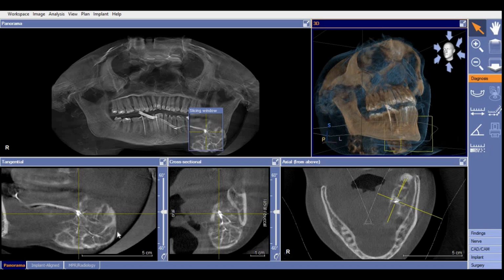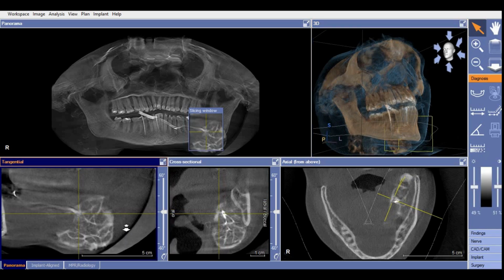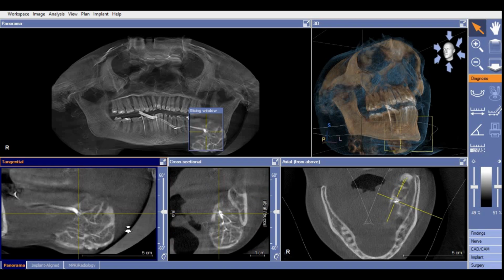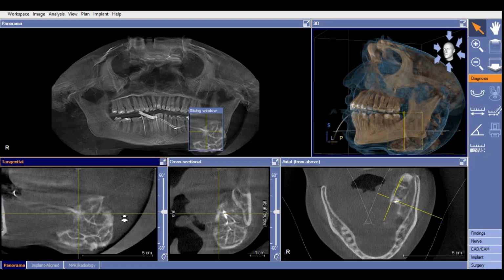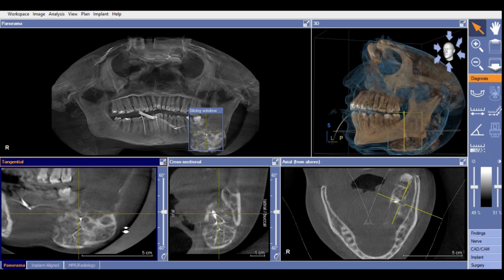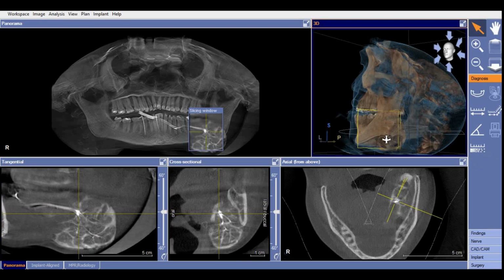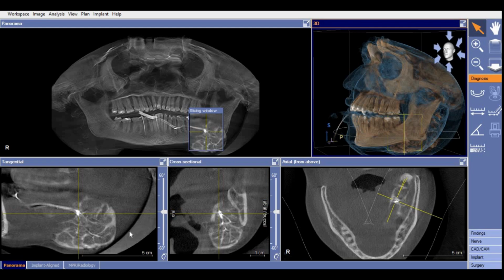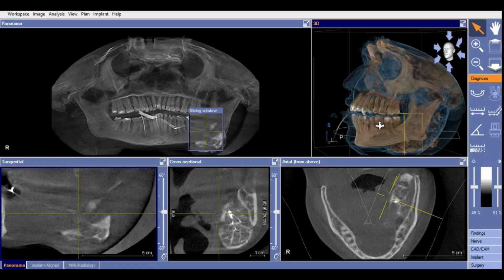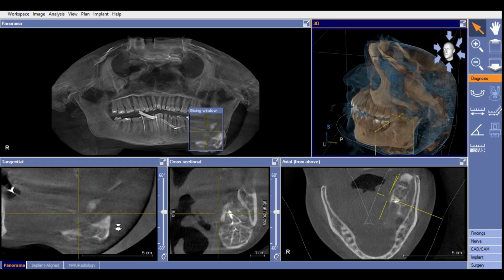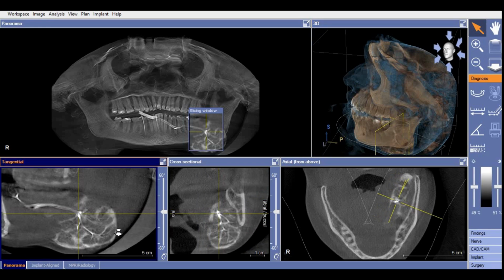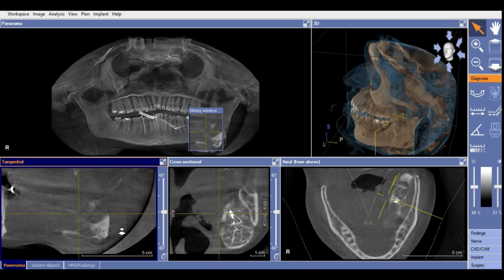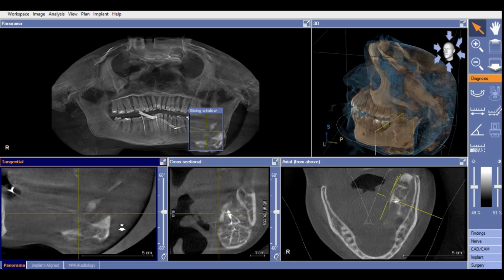First let's finish the tangential view. You can move through the tangential view by moving the cursor up and down. When you are doing it like this, you can cross check with your 3D reconstructed image to see which exact slice we are going through. You can see the section is moving here, the yellow colored one. Can you appreciate that the slicing is moving forward now and it is going backward? We are moving from side to side.